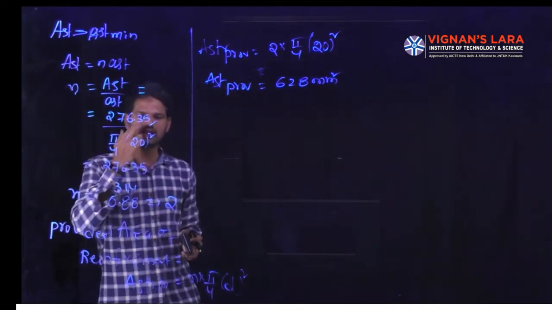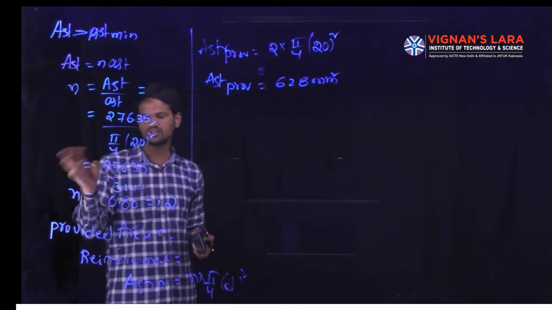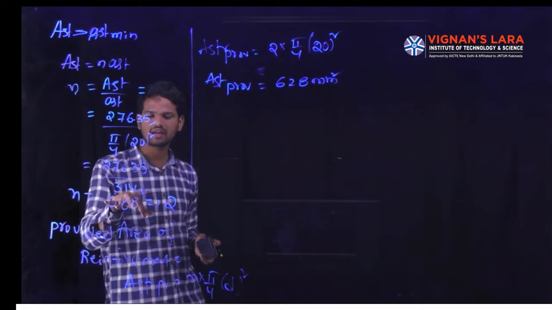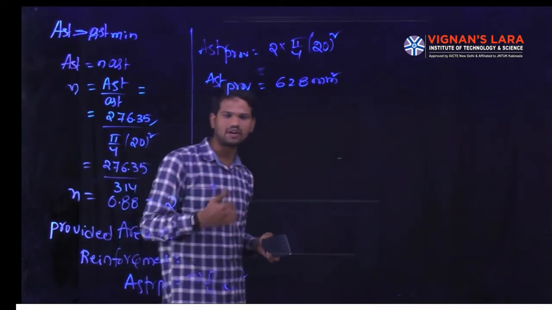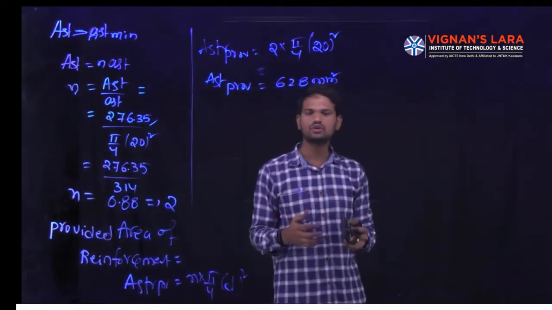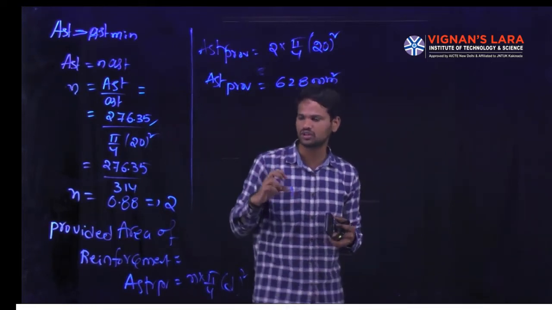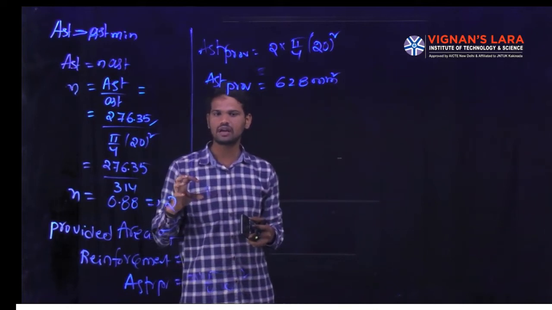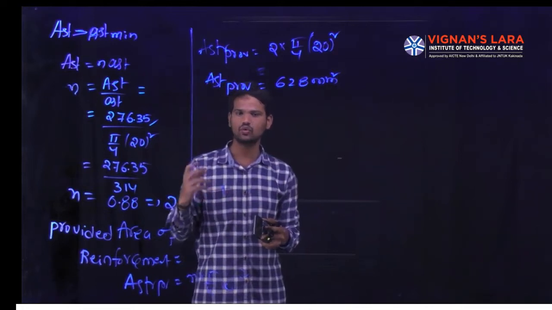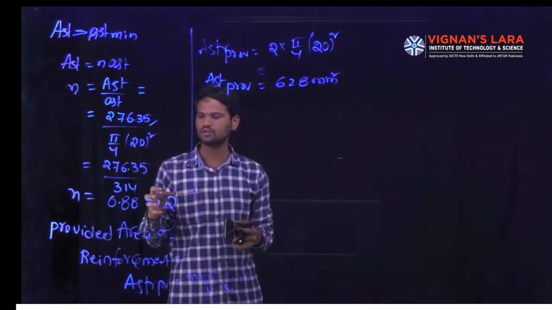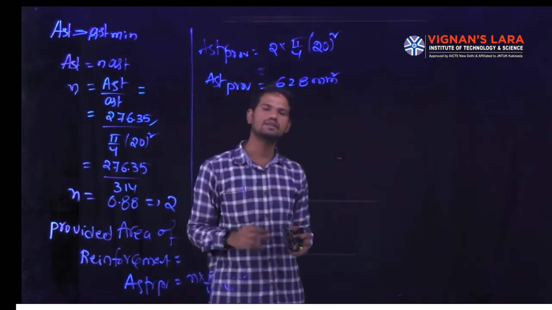After that we calculated how many bars will be required to resist the bending moment and shear forces. We calculated this number of bars as 0.88. You can take one bar also, but if you provide one bar in the beam, it will not give very good bonding to the top portion and bottom portion. Hence the minimum number of bars we have to consider in this beam is 2 bars. That means 2 bars with 20 mm diameter. Up to now, this is the area of the steel provided.